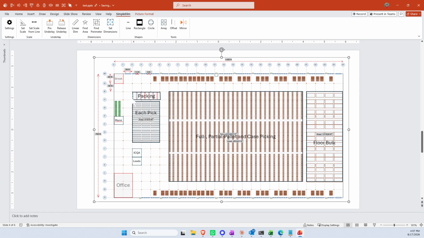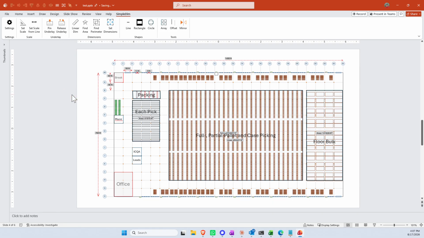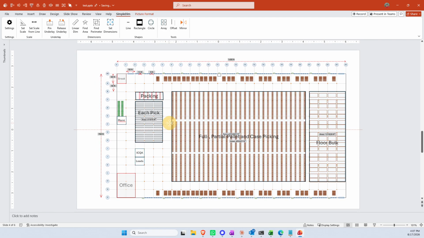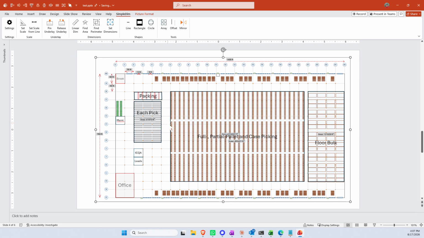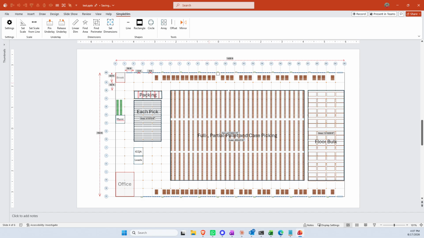So we're going to start off with the slide here, and the feature we're going to talk about is pin underlay and release underlay. Okay, you might say, what is that? Well, maybe you've had the experience and you've dropped in a screenshot or something on a slide and you really want to draw. Let's say you want to draw a bunch of potential new space usage on the slide, so